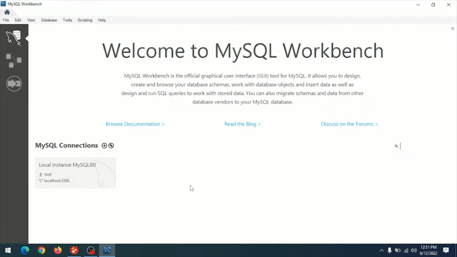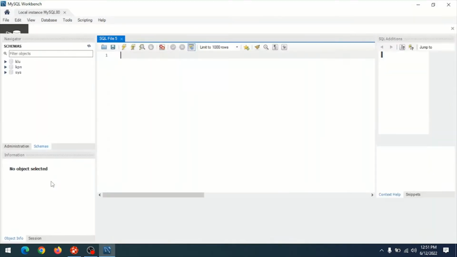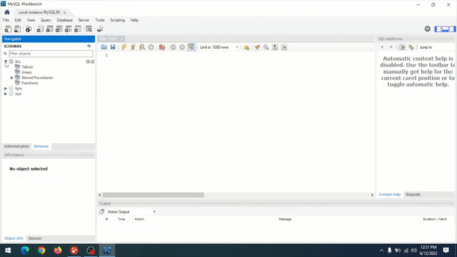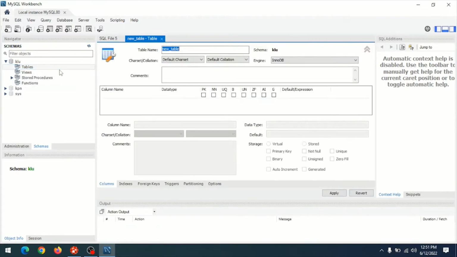To create a table in MySQL database, open MySQL Workbench, provide your credentials to connect with your database, then create a table in any one of the databases which you created already. So I'm using KLU database, there I'm going to create a table. I named the table as book and with 3 columns,